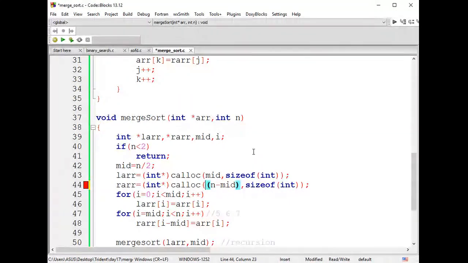The parentheses, the order in which we have written them. This should be written in one parenthesis, and here followed by size of int. Okay. If you didn't close it, I guess it is closing here. Okay. The parenthesis is missing.